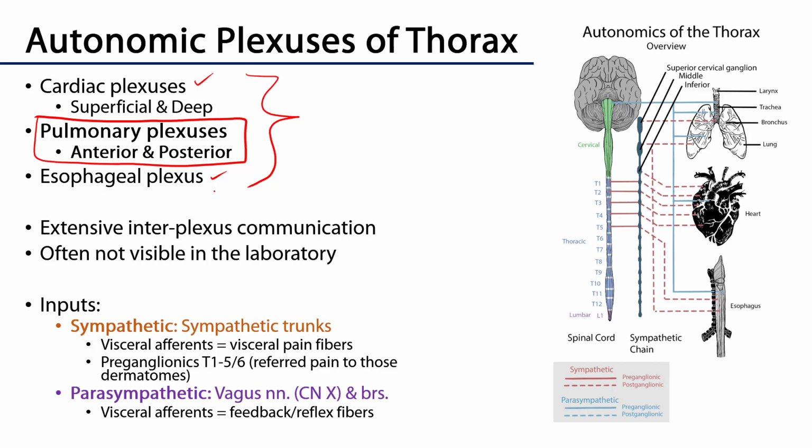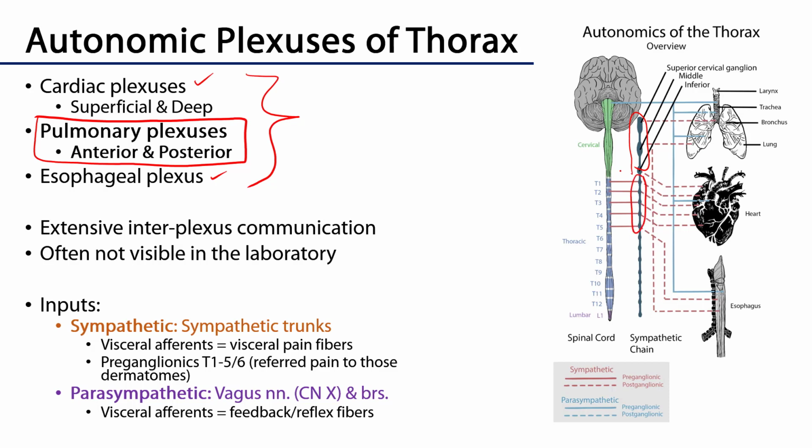Now, autonomic plexuses will have a variety of innervation sources. So generally, there are both sympathetic and parasympathetic innervations to an autonomic plexus. The thoracic viscera are going to receive their innervation from the sympathetic side from both the cervical and thoracic regions